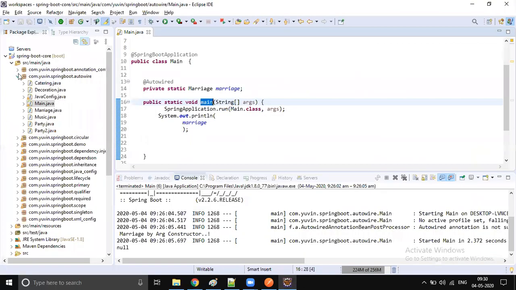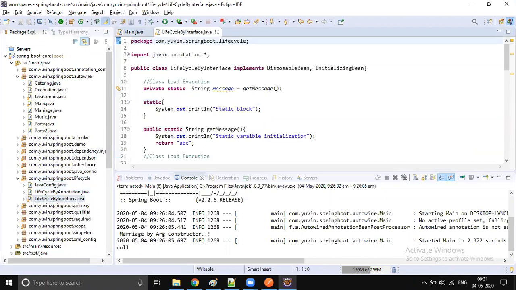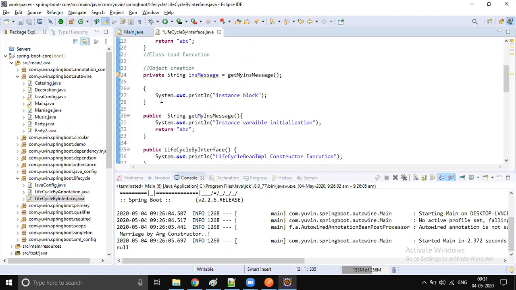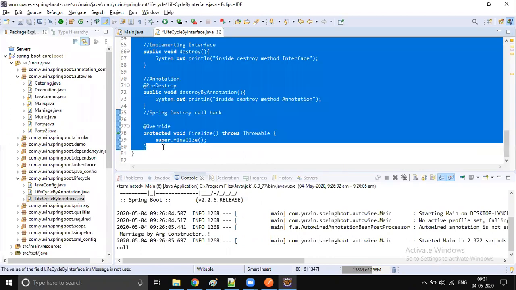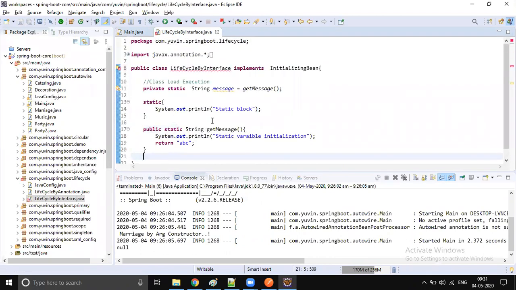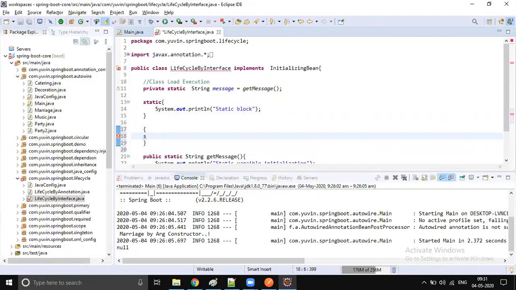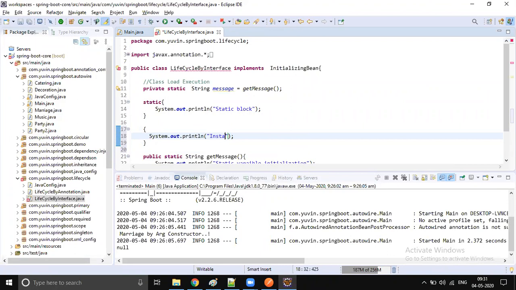So let's go to life cycle. Life cycle by interface. So we have an interface called initialization bean. When you implement that interface, let me delete all these methods. We have static block, instance method, instance block, whatever we have till now, those will still be there.